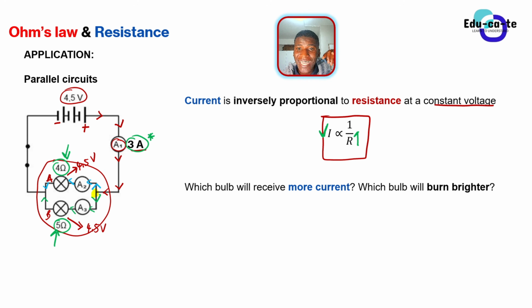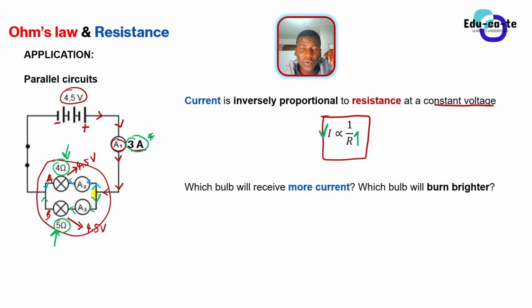Guys, inversely proportional simply means that when you've got a greater resistance, then there will be less current flowing through. The greater the resistance, the smaller the current passing through that resistor. So here, the 5 ohms resistor is greater than the 4 ohms resistor, because basically 5 is greater than 4. In terms of resistance, light bulb B has a bigger resistance. So this bigger resistance of light bulb B will actually cause less current to flow through, because the current does not want to flow in a place where it is resisted.